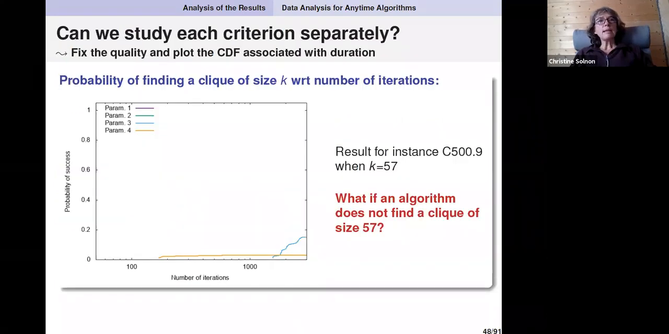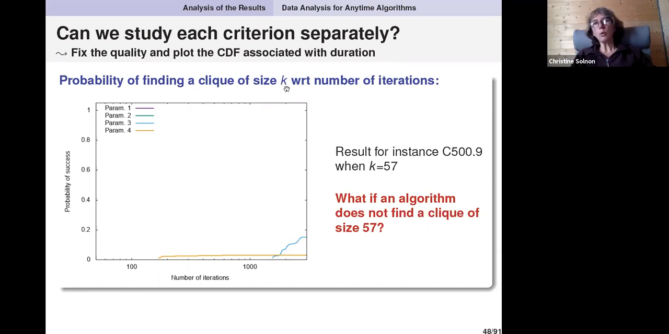So the first question is, I have two criteria, but maybe I can fix one of these criteria and only study the other criterion. So maybe I can study each criterion separately. The first case is I fix the quality. I want to find a click of size k, and I plot the cumulative distribution function associated with the duration